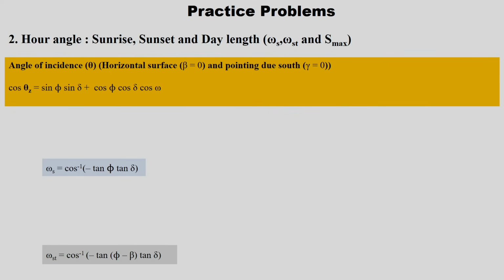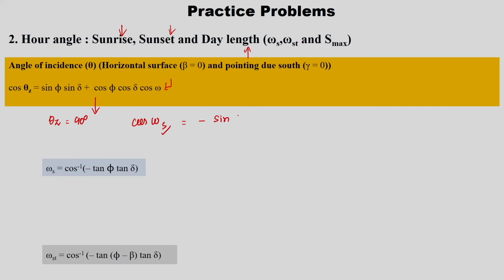The next one is the hour angle during sunrise, sunset and day length, which is nothing but the maximum possible sunshine hours. Here we already know how to calculate theta z. We have seen in the lectures that for sunrise or sunset, theta z would be 90 degrees. So, cos 90 is 0. In that way, cos omega during sunrise or sunset, that is the subscript s, is equivalent to